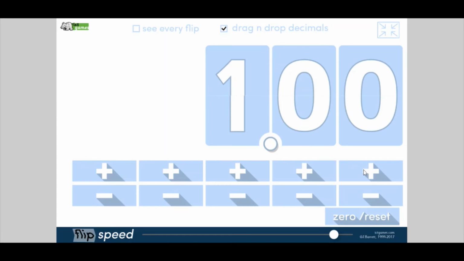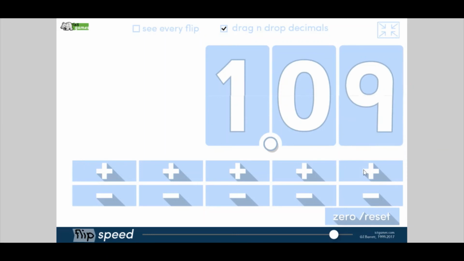So 1, 1.01, 1.02, 1.03, 1.04, 1.05 and 1.06. Okay, so we've just added on hundredths. Now that's all we need to fill in our gaps, but if I just keep going for a minute, when